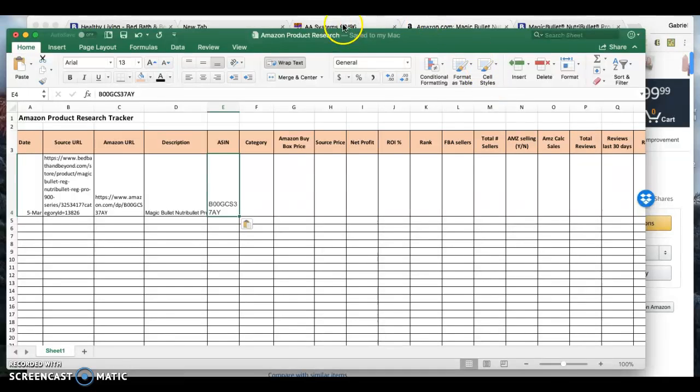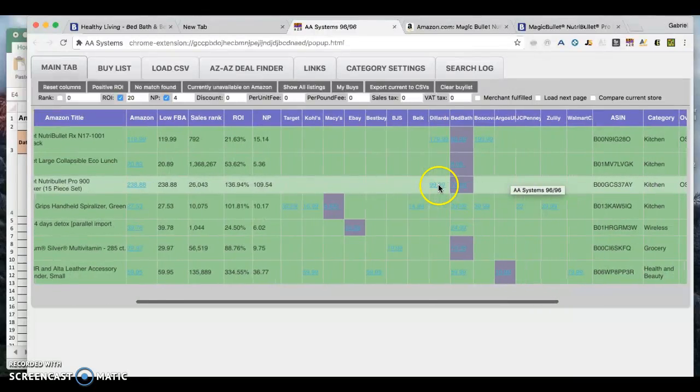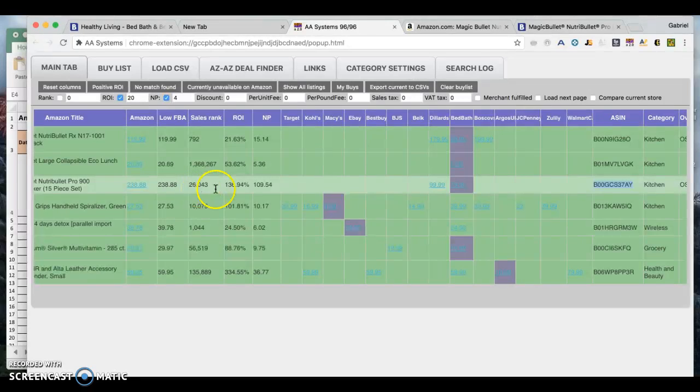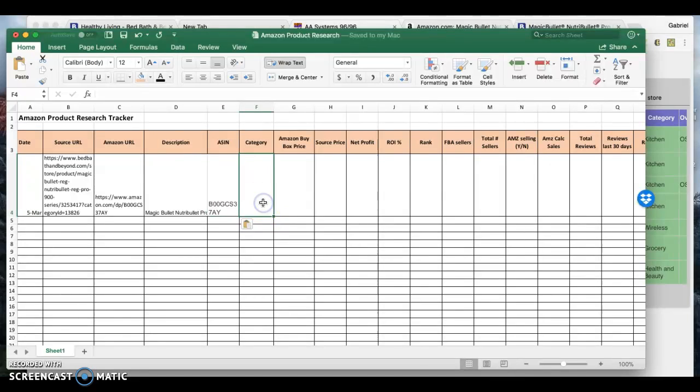We can also find it from the analysis page. If we scroll to the right, we can also copy it from the analysis page. The ASIN number is there. We also notice the category is kitchen and the rank is 26043. So we include kitchen and the rank, 26043. Then we'll go back to the Amazon page to capture the price that Amazon